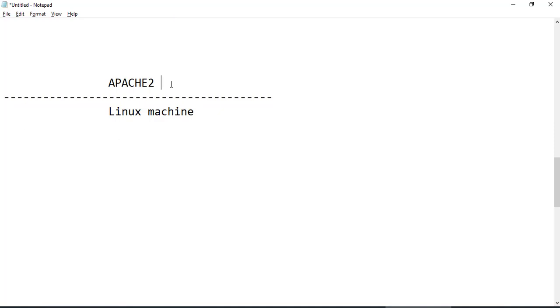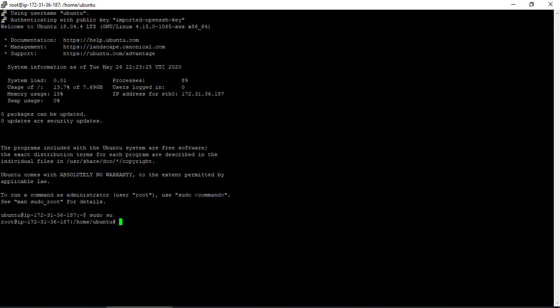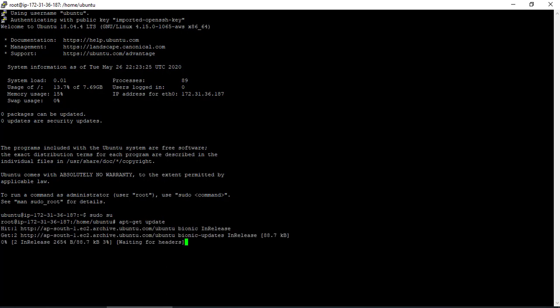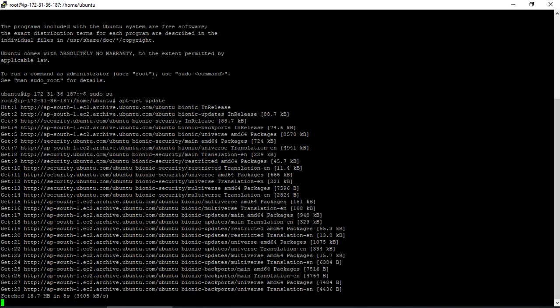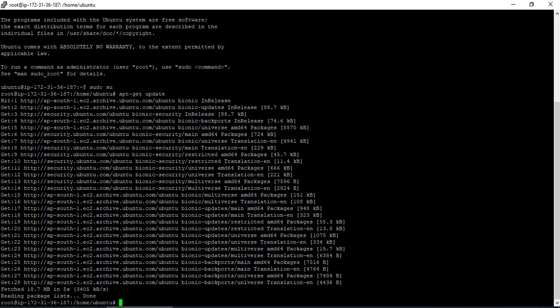So to install this, there are some commands which I will mention in the comment section below. Okay. So the first command would be to get the list of softwares. To get the list of softwares, we have a command called apt-get, and then I'll click on update. Right. You can see there are different things coming up. Now, once you have all the list of all the softwares, then what I'll do, I'll probably install Apache, right?